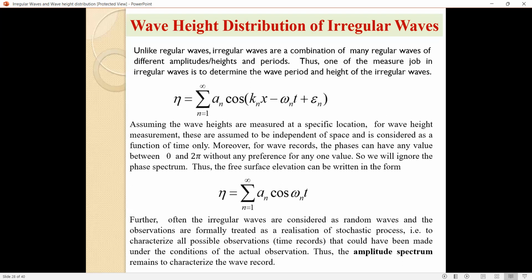There are experimental people who come with their model test results. Observational data people will come with their data, theoreticians will come, numerical analysts will come, and they will present together. And finally, a design wave height for a particular ocean will come out. That is the way which will be finally used for mankind. So what we do is not a waste.